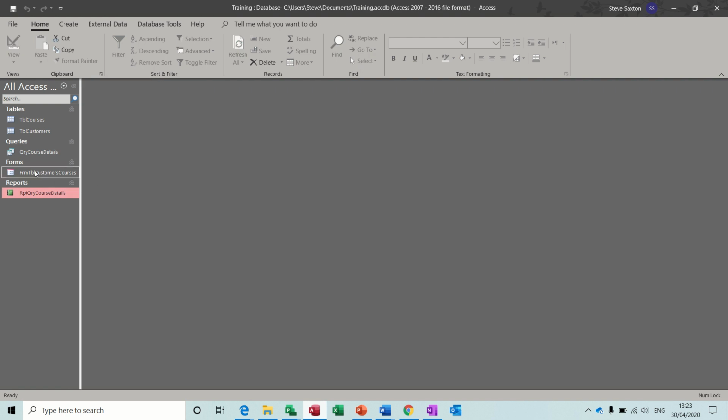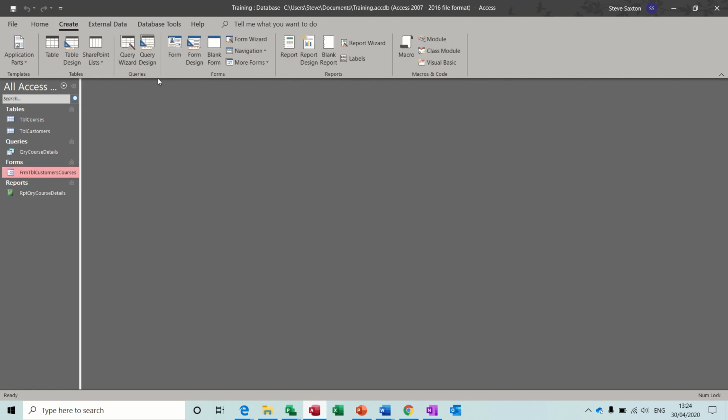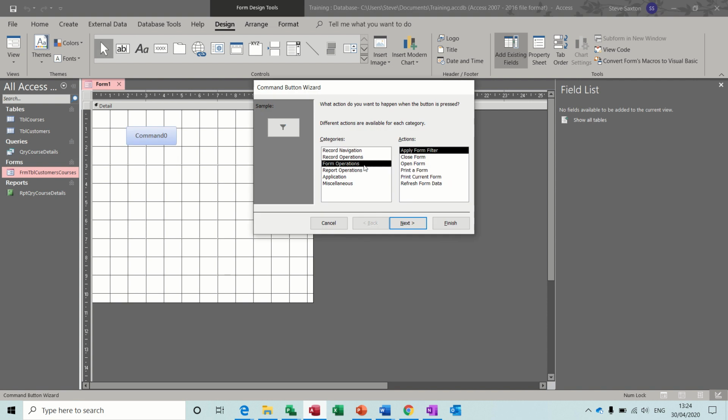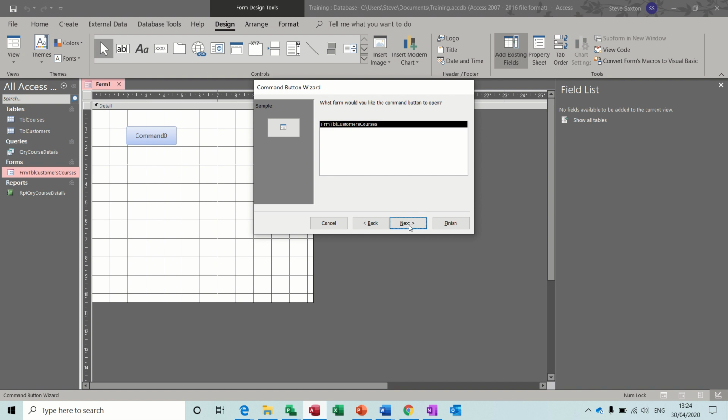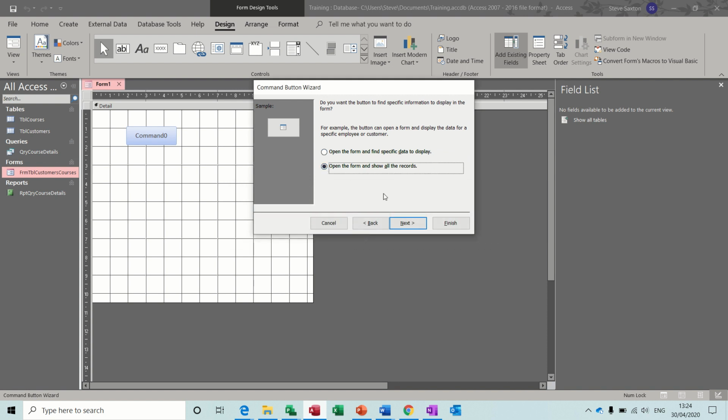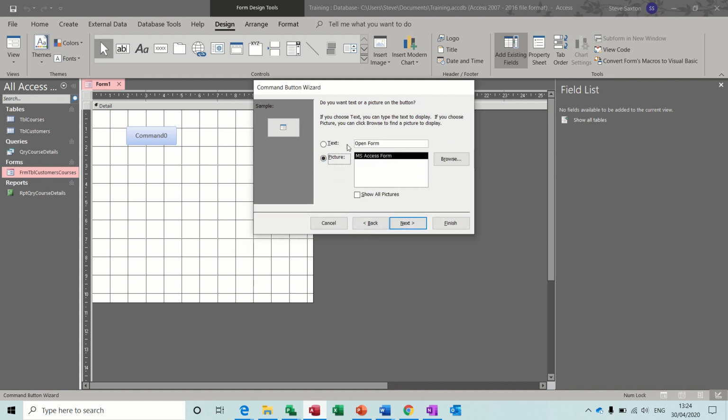Just going to close that down, and one last thing I'm going to do, I'm going to create a new form, form design, blank form, because I want some buttons on here so I don't have to keep clicking and opening these. So I could use macros to do this, to open these up, but I'm just going to create a command button there and get it to open a form for me. Form operations, open form, next. I've only got one form, next, open, next. Open the form, show all records, yeah, that one. Customers,